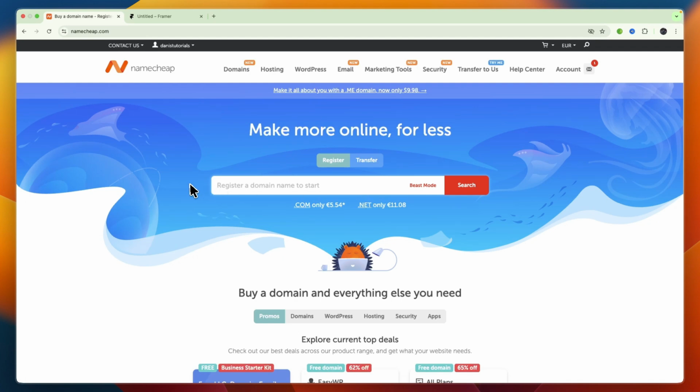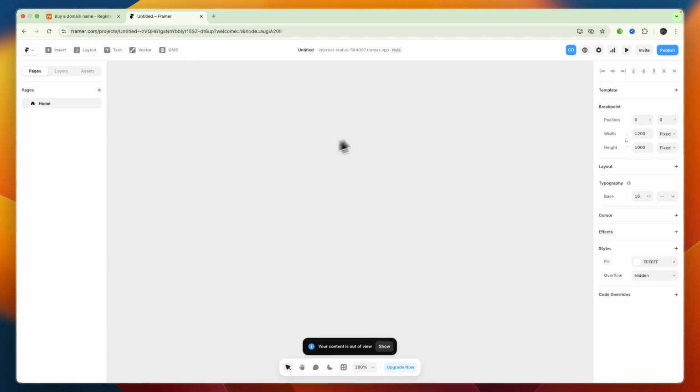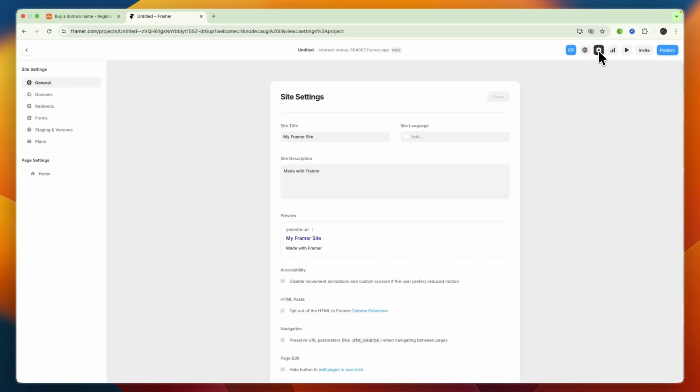In this video, I will show you how to connect your Namecheap domain to Framer. So to do this, first just go and open up Framer, and within Framer, what you want to do is go in the top right to the settings icon, and from here what you can then do is go to